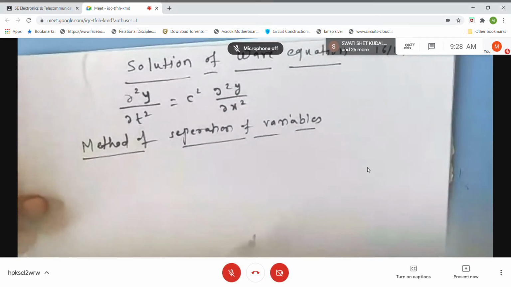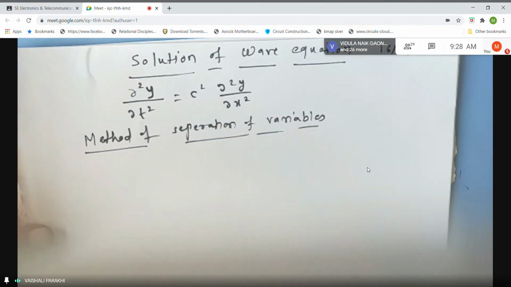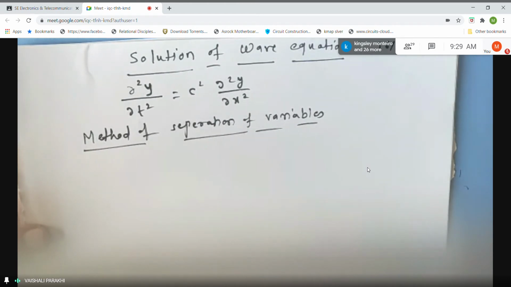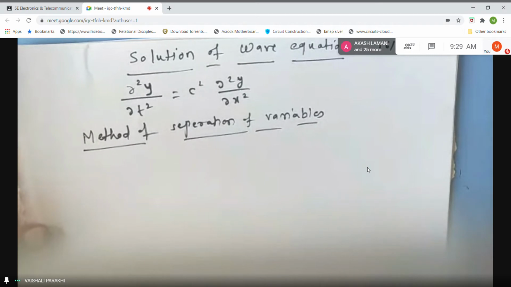Now we are going to solve this equation. See the method, students. The method is easy. Whatever you have learned in ordinary differential equations, the method of separation of variables. What you used to do, if you remember, on one side you used to bring all terms in one variable, on the other side all terms in the other variable. Once you get that, then you used to integrate both sides and get the answer, right? That is called the method of separation of variables in ordinary differential equations. Now let us see what happens here.